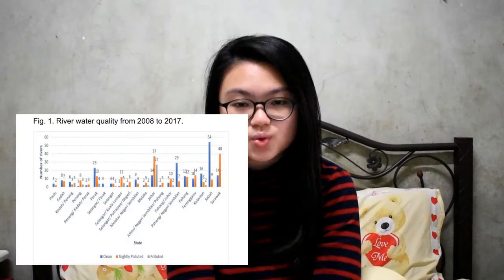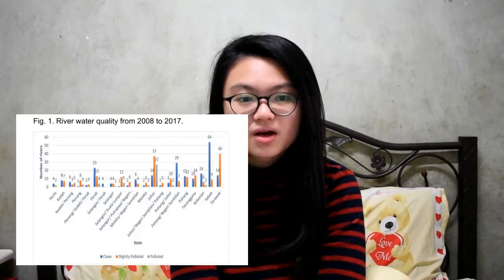Figure 1 represents three categories of river water quality, and Figure 2 represents river water quality by status from 2008 to 2017. On April 18, 2020, the Ministry of Environment and Water reported on river water quality status. The report was based on a comparison of river water quality at 29 water quality monitoring stations. 8 of the 29 stations improved in water quality, another 8 did not show any apparent changes, and another 13 stations marked a slight decline in water quality.